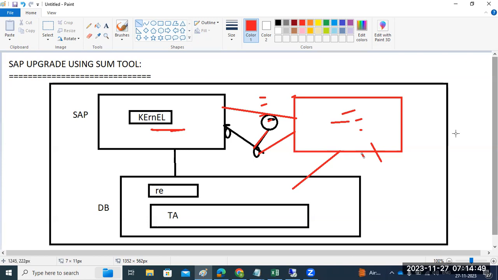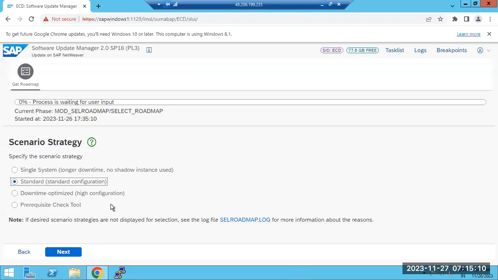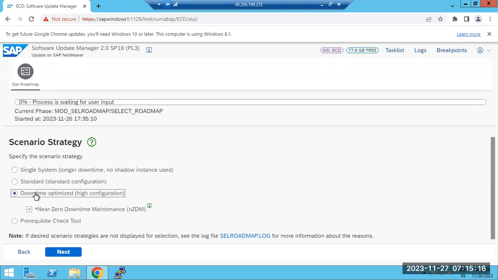you can increase the 10 to 20 resources. If you increase to 20 resources, what will happen? 10 resources take 2 months, 20 resources will complete the construction work in 1 month. Same mathematics applies here also. If you have the standard resources, it will take 6 or 7 hours. If you take downtime optimized, which means high configuration,